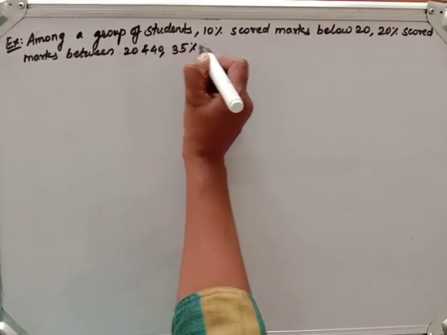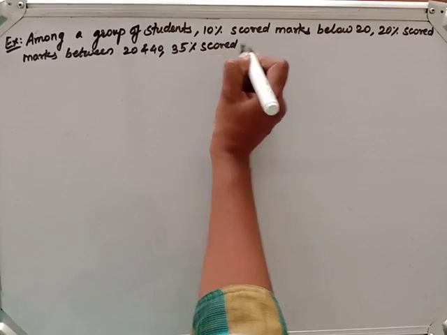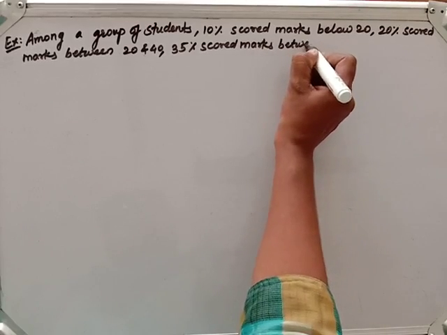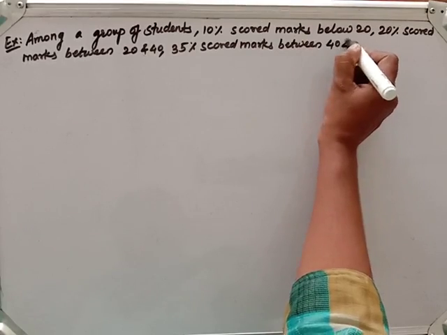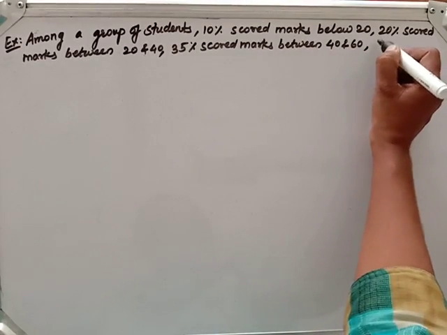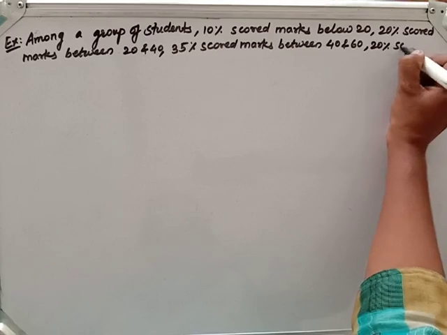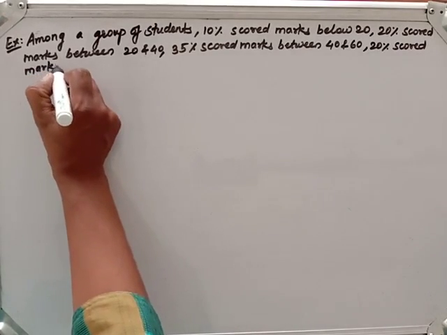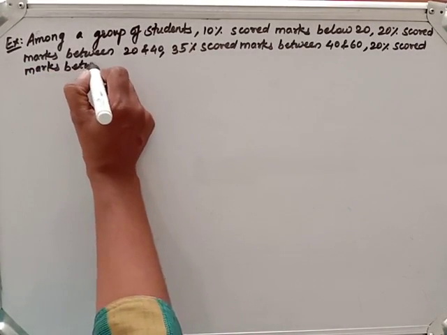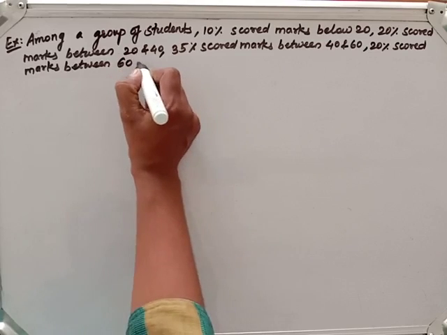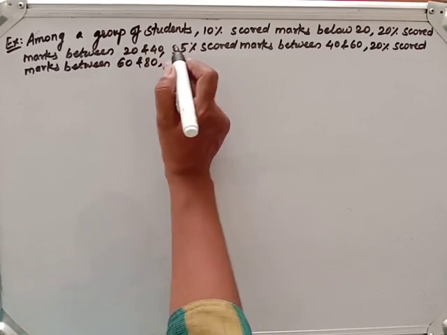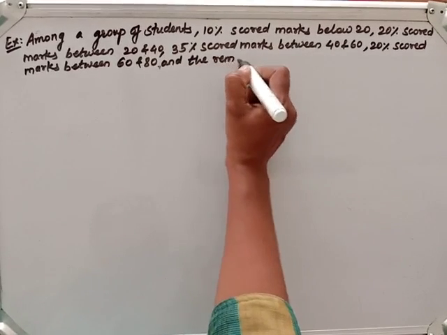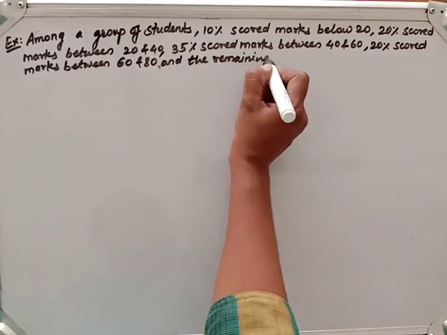35% scored marks between 40 and 60, okay. 20% scored marks between 60 and 80, okay, and the remaining 30